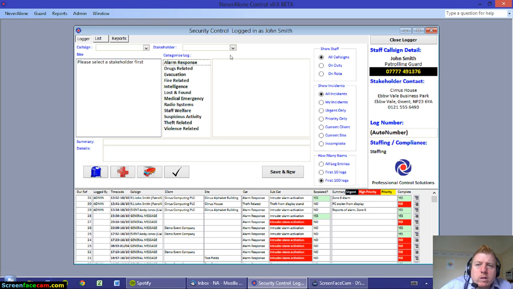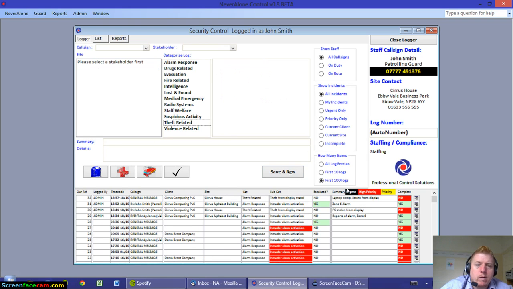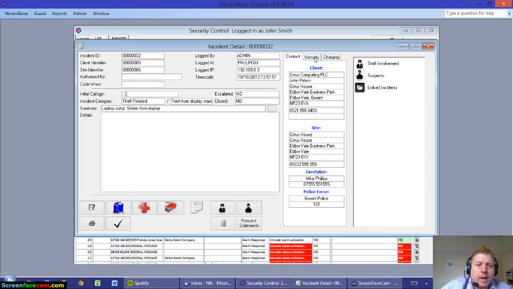I'm just going to log another call now. We'll log it for the same client, we'll log it for Cirrus Computing, and we'll log it this time for their head office. This time round I'm going to log a theft. Let's go for theft of display stand. Okay, the summary, laptop computer stolen from display. Okay, I'm going to save that now so it's on the log, and again instantly I can go back into the log